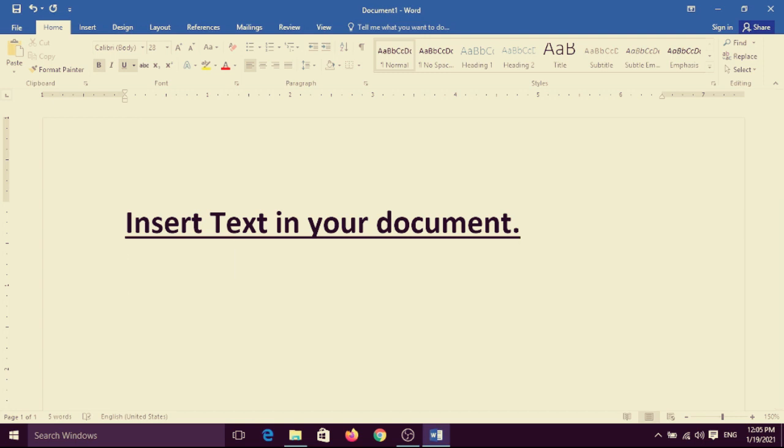When a new document appears on the screen, you will see the blinking cursor in it. It is the blinking cursor where my mouse is. Yes, you can see easily, the cursor is blinking here at the start of the document. Now you can start typing your text.